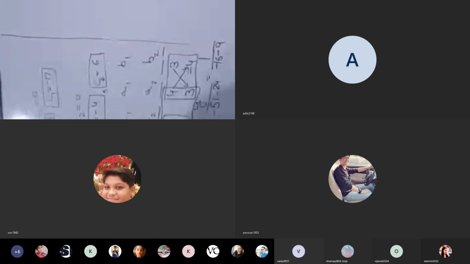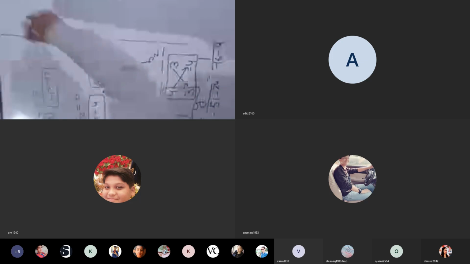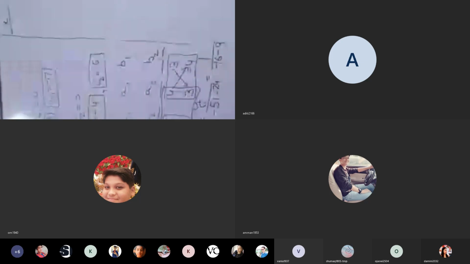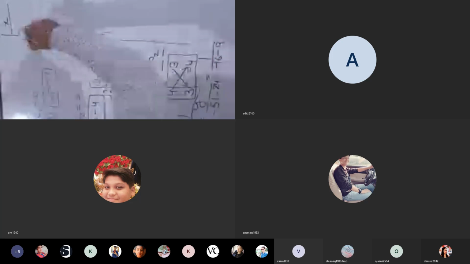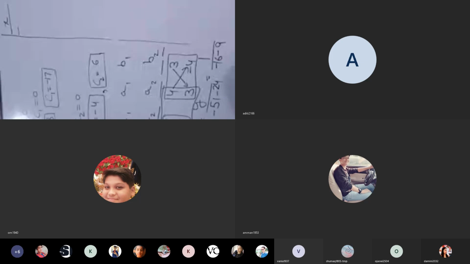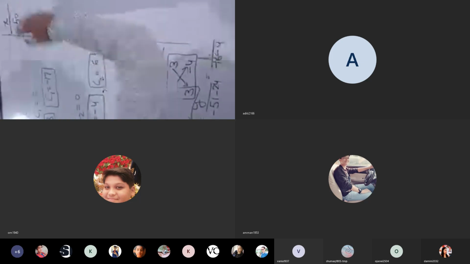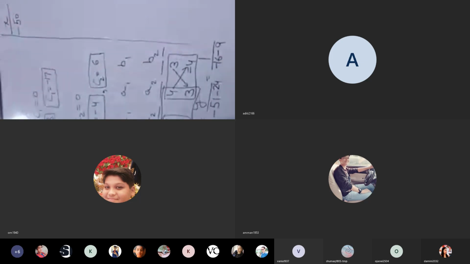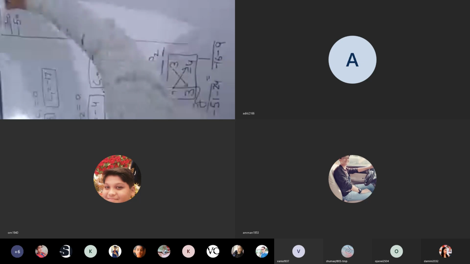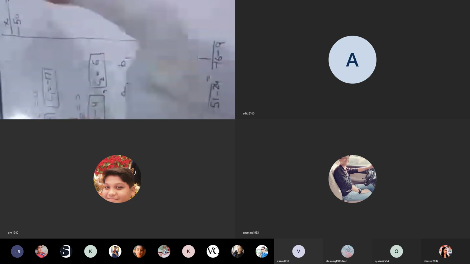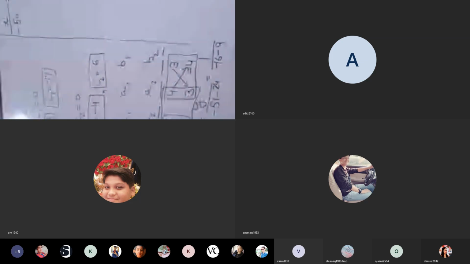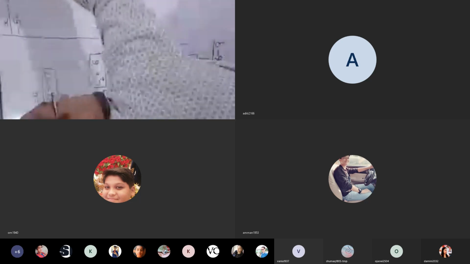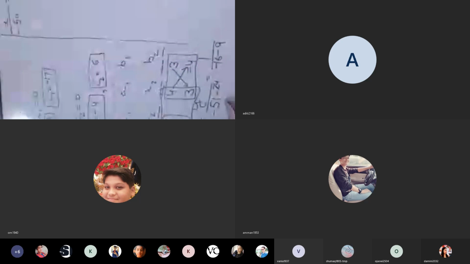Now we will solve these numbers, x upon 18 minus 68 we will do. The greater one is a minus number, so we have to take the minus sign. Now 68 minus 18 we will do, the remainder will be minus 50. Now for y, minus and minus you have to do plus, so we will add these numbers. On adding we will get 75.